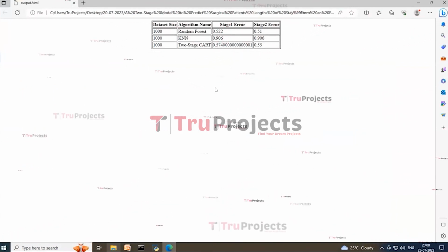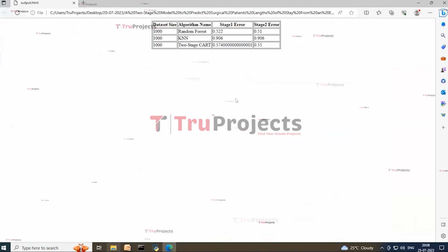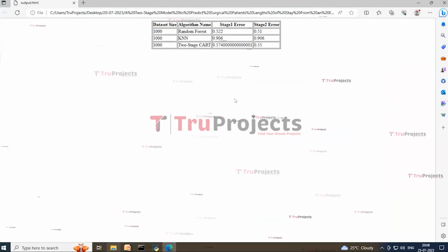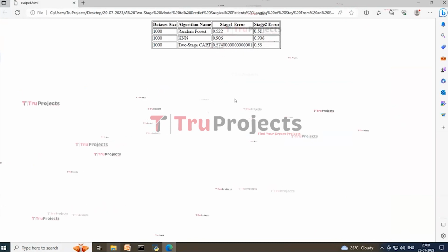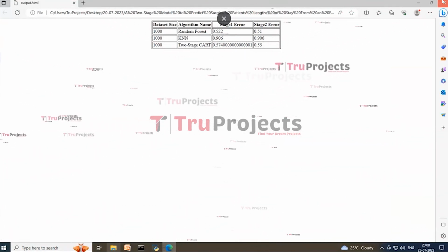Here on this screen we can see the misclassification error rate for each algorithm in stage 1 and 2. And on this screen we can see the random forest error rate is less compared to the proposed CART, for CART using strategic techniques and random forest not applying. So by closing this window,